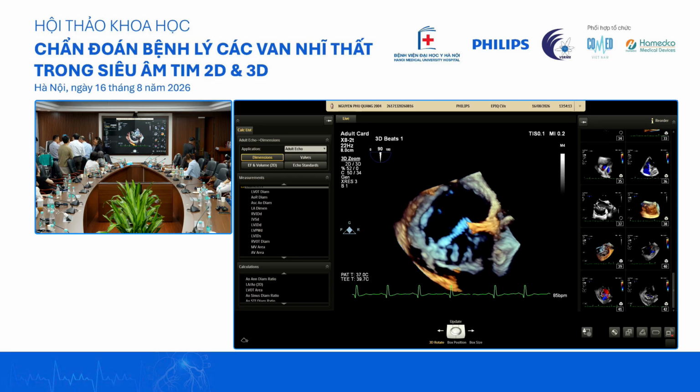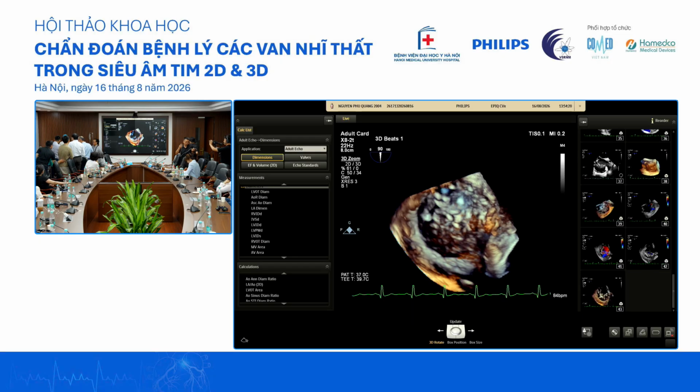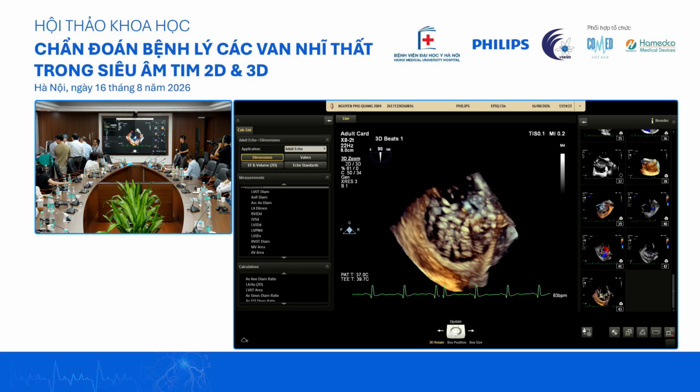A bit of dropout, but still okay to see the result of it. So these 3 leaflets. Are you able to crop into the...